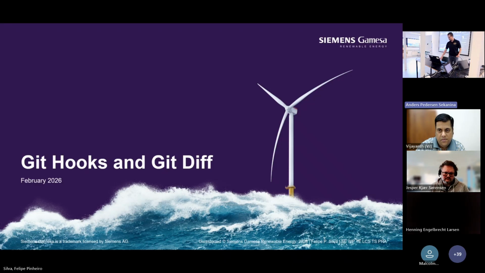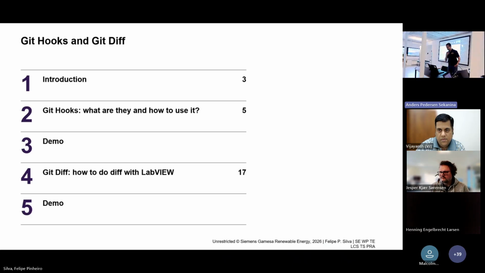But today I'll talk a little bit about Git hooks and Git Diff, and try to understand what exactly those two are. I'll talk a little bit about the introduction, talking about myself. Git hooks, what are they and how to use them? A small demo, but I'll try to do a demo. I haven't sacrificed any animals for the gods for the demonstration today. Hopefully everything will go okay. Then I'll talk about Git Diff and how to do Diff in LabVIEW, and a small demo